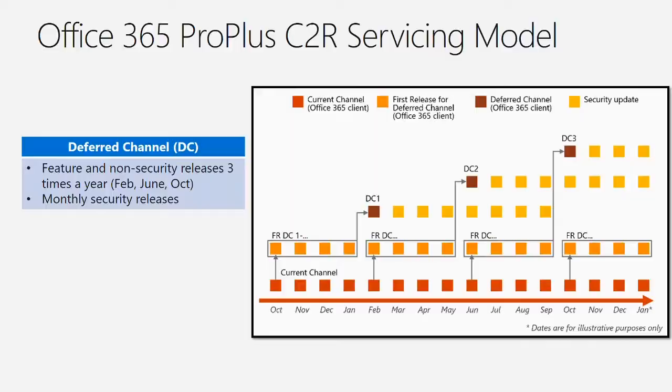I have these features, I want to educate my end users, I need to train my help desk. I have these things going on in my environment, and I want to manage how often I'm updating my end users. I can put everybody on deferred channel. Now I'm getting feature updates three times a year. You still get a monthly security patch on both of those. The biggest thing we want to do as Microsoft, and historically we've always done this with Patch Tuesday, is still have that concept. We're still rolling out these security updates, so you can be on deferred channel withholding features, but I'm still getting those security updates to keep you secure.